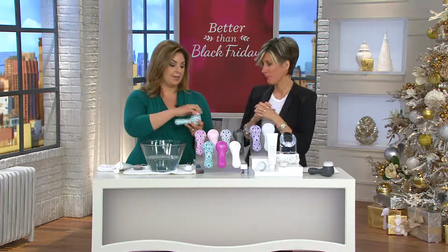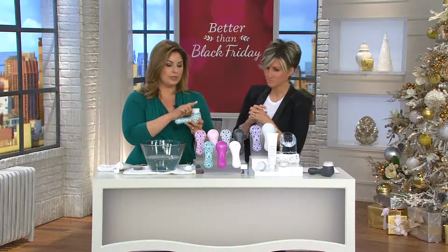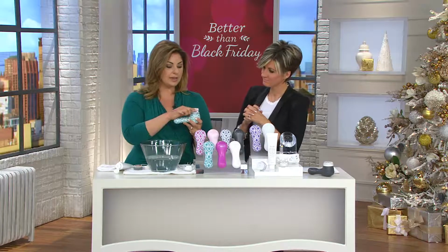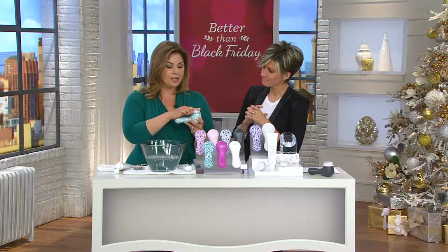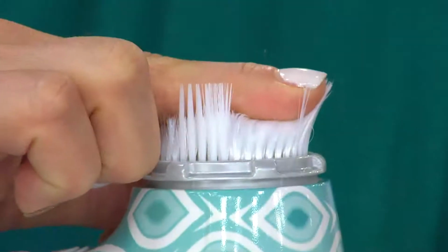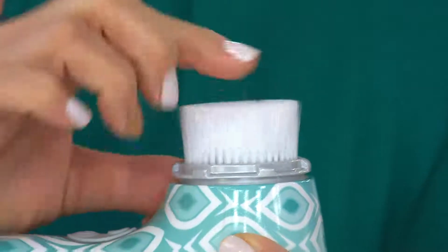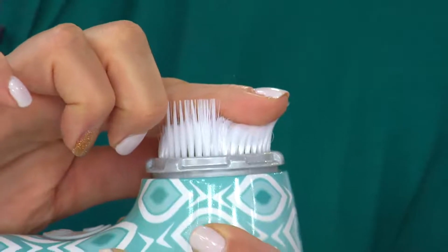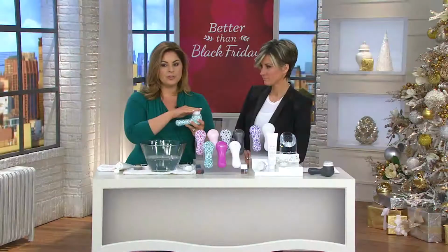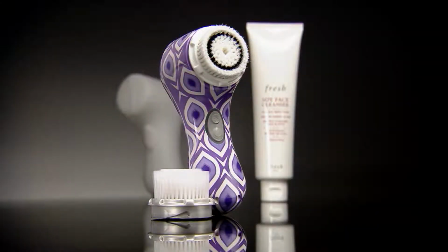Well, the Luxe brush head, besides feeling so spa-like and luxurious, it actually has 2 layers of bristles. You have a longer layer, and if you look very closely, I'm going to pull this back, you can see that there's even a shorter layer. That shorter layer is actually increasing hydration in your skin. See that? You see the long ones and then the short ones? The long ones are that luxurious, fluffy feel, but those short ones, when you use it, you get a boost in hydration. So when you feel tight, when you feel dry, itchy this time of year, pop this brush in for that really hydrating sense. If you want to age gracefully and take your